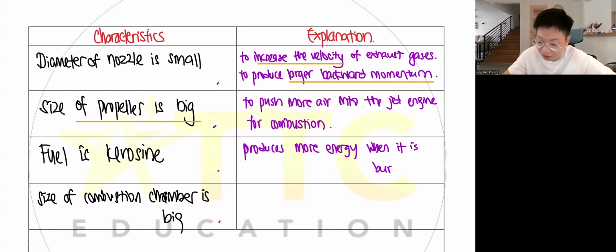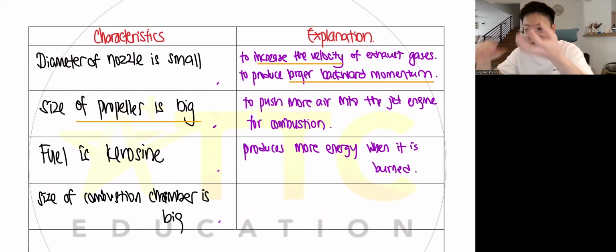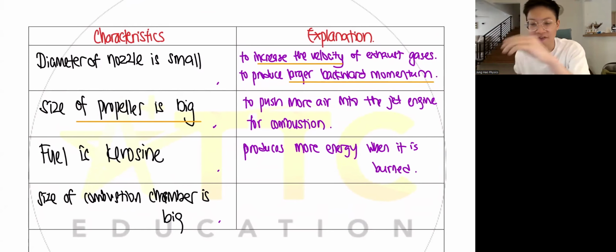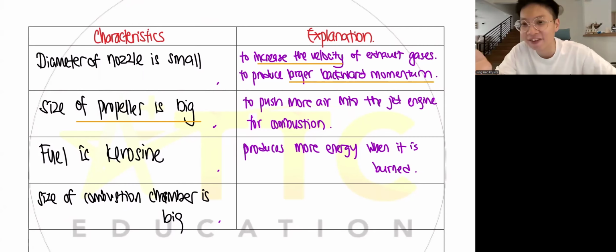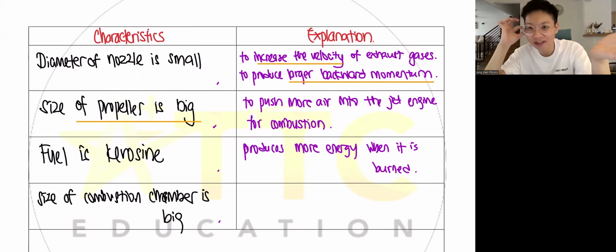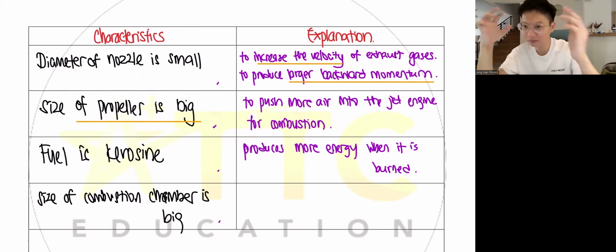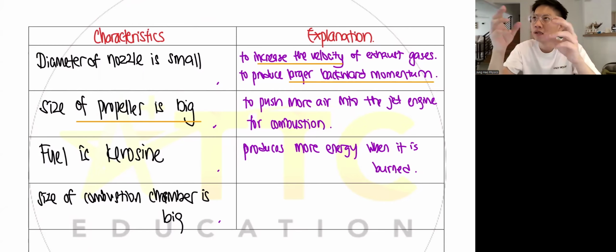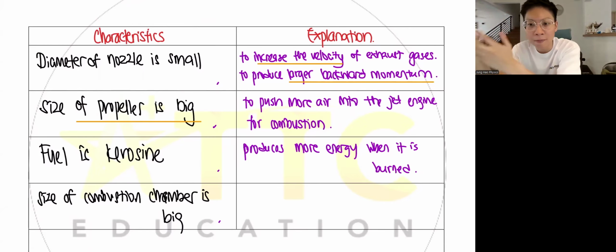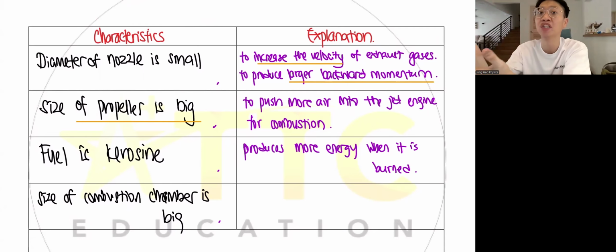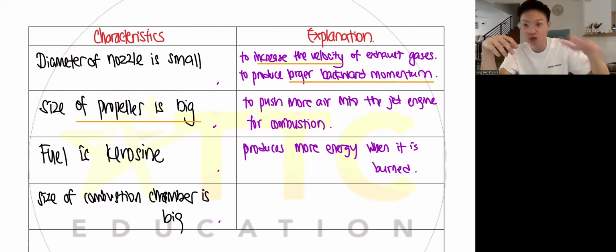If you burn 1 kg of fuel, you all know in Malaysia we have RON 95 and RON 97. You all know what that is? Why is RON 97 more expensive and RON 95 cheaper? Because when you burn RON 97, you will produce more energy. RON 95 is a bit cheaper, so not so much energy.